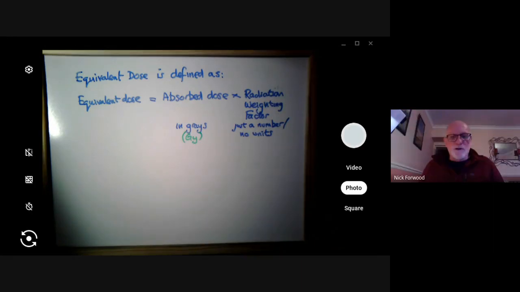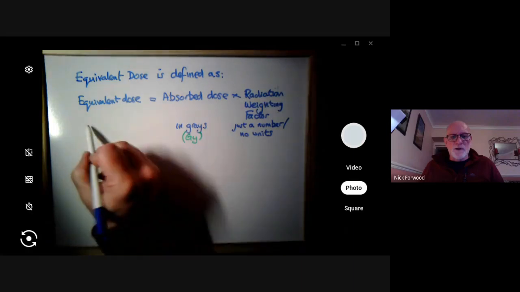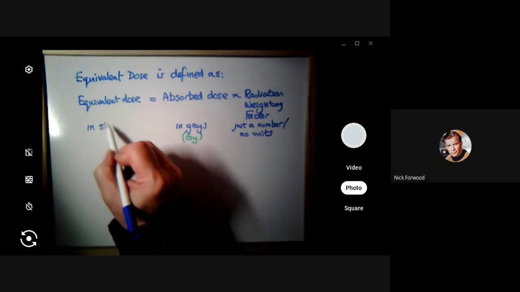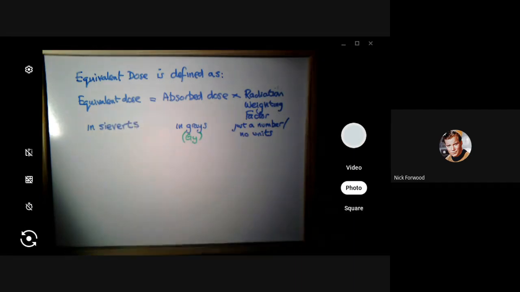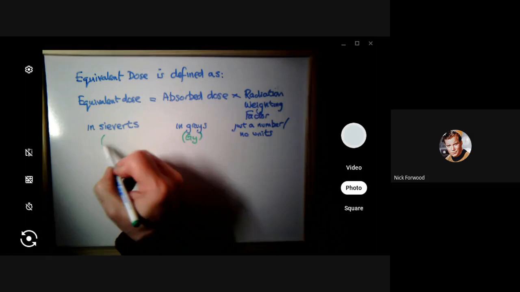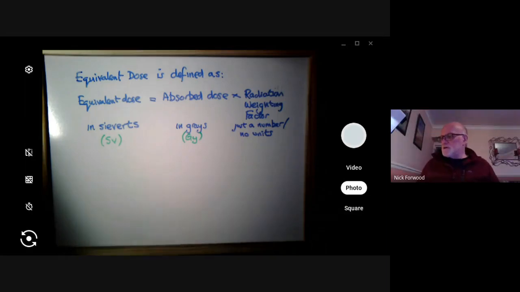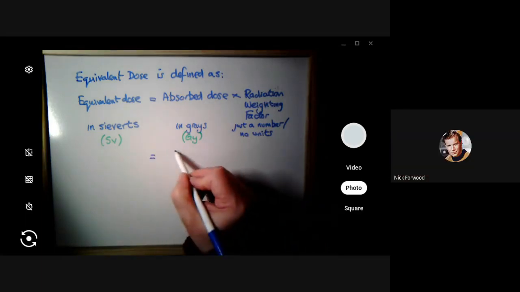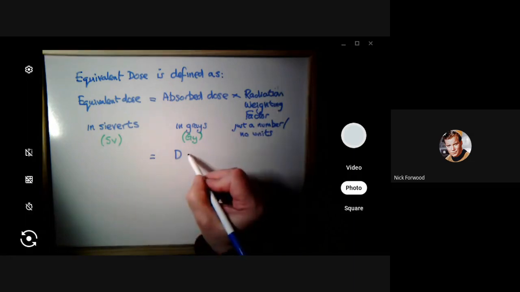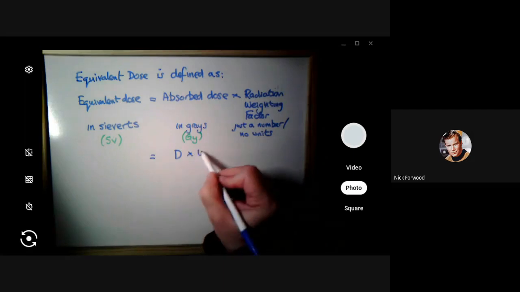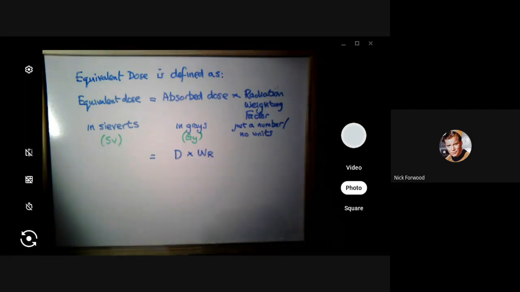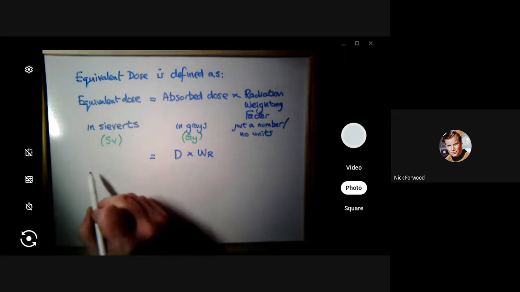Now we need to know that equivalent dose is measured in a new unit called sieverts, S-I-E-V-E-R-T-S. And sieverts has an abbreviation as well, which is Sv. And where we have words, we can replace words with letters. So the letter for absorbed dose, as you already know, is D, because we did that last time. The radiation weighting factor is W for weighting, and an R for radiation. The letter F doesn't appear in it, so the radiation weighting factor is WR, and the letter for equivalent dose